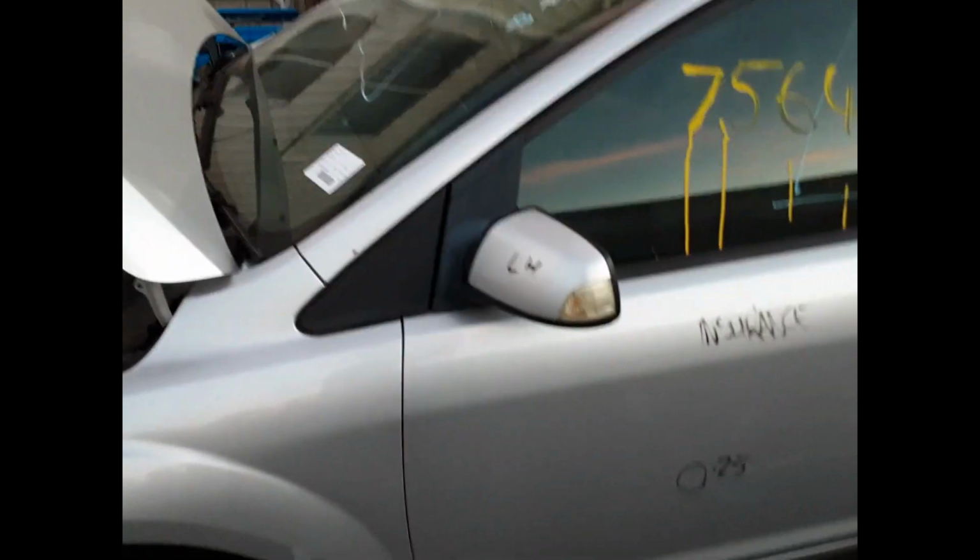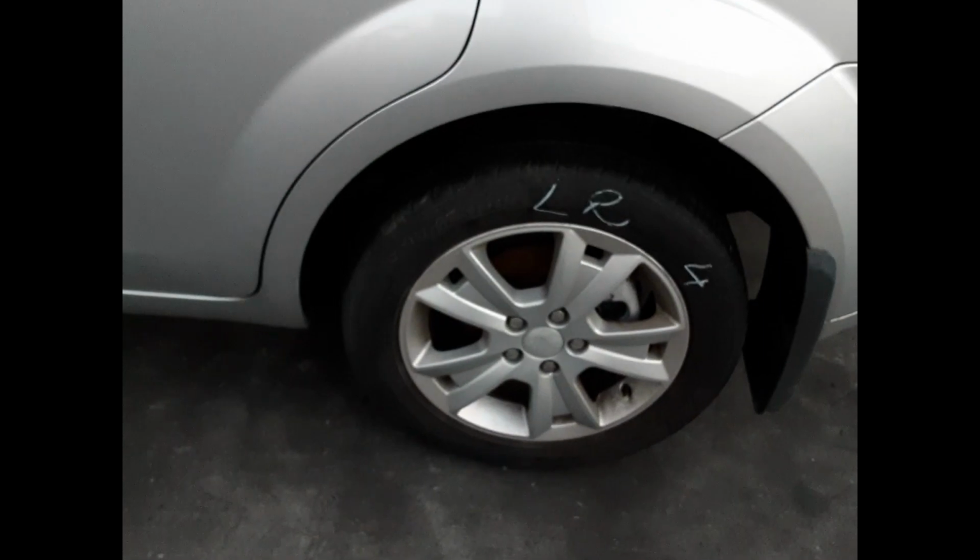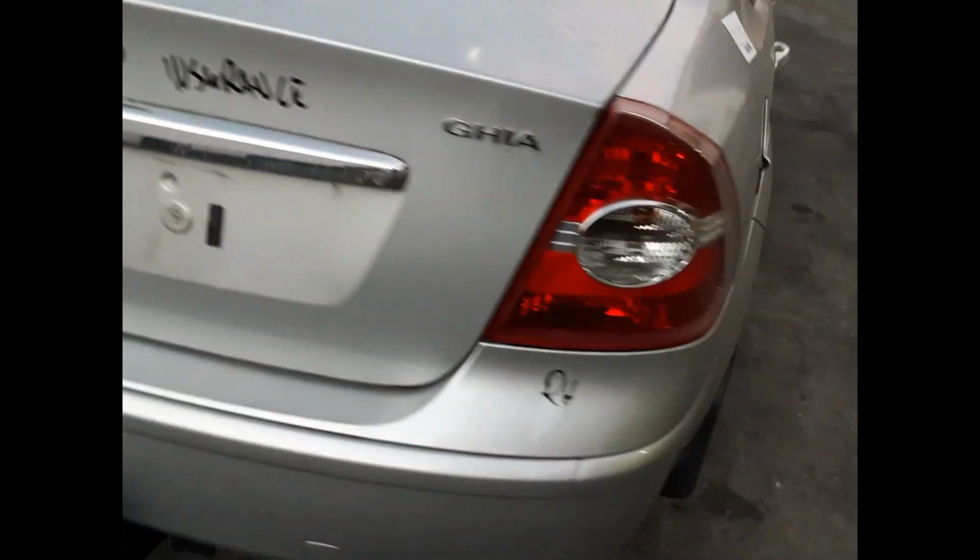a good tyre, left power door mirror, left front door has 3 small dents, left rear door has 1 small dent, left rear 16-inch factory alloy mag with a good tyre, tidy rear bumper cover, boot lid appears to have no damage, left hand tail light, right hand tail light,